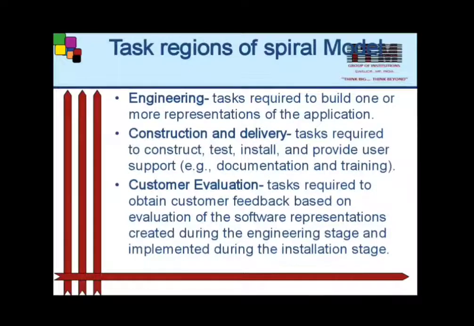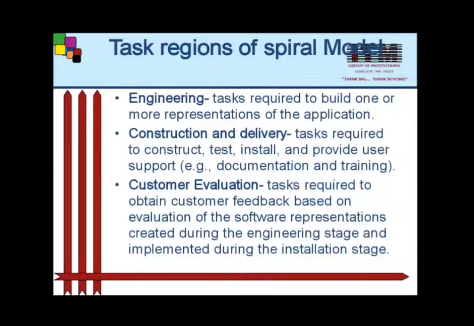This task region is required to construct this type of requirement on the basis of user support. Okay, in this phase we also develop the next version of the product. During this task region, we identify whether the features are developed and verified through testing or not. At the end of this region, the next version of the software is available.